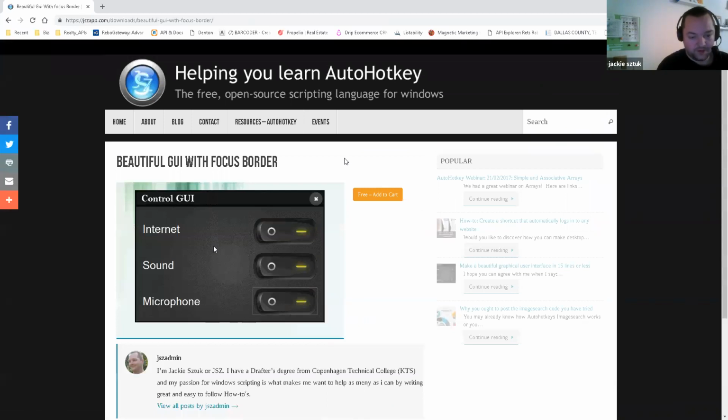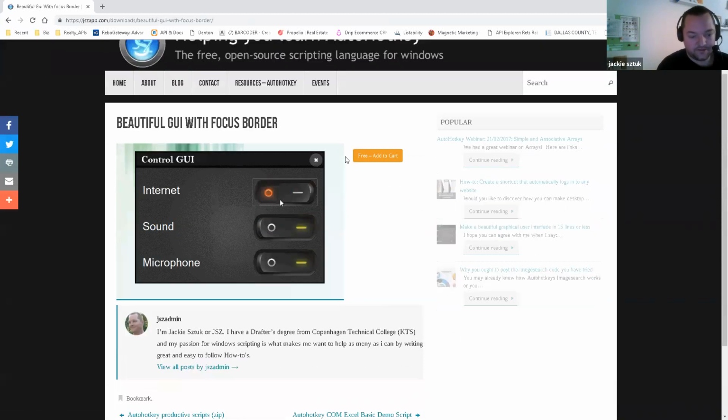What you are actually seeing is a small thing with the GUI. That GUI is made with images. Not anything fancy, not GDI plus, not anything like that. It's just plain image controls, and when you click it, it gets the click, and then it changes the image, and that's the effect you're seeing here. It took me a while when I worked through this.